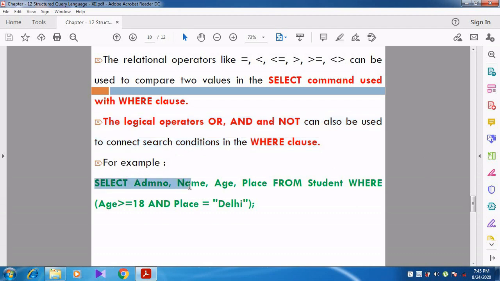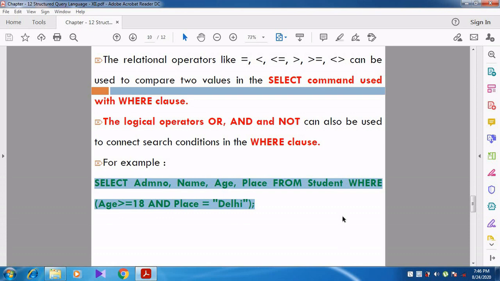Select admission number, name, age, place. So they have selected four columns: admission number, name, age, place, from the student table where age is greater than or equal to 18 and place equal to Delhi. So what is the condition they have specified?